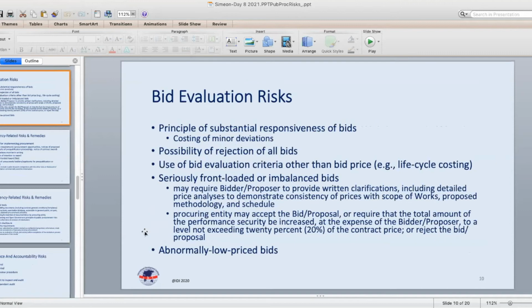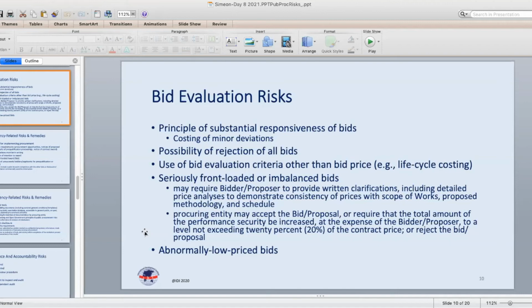The principle here, which is very much ingrained in the World Bank documents, is that the procuring entity should not exclude or reject bids on the basis of minor imperfections, so-called minor deviations from the requirements that are spelled out in the solicitation documents. So it's sufficient for a bid to be substantially responsive rather than being 100% photographic